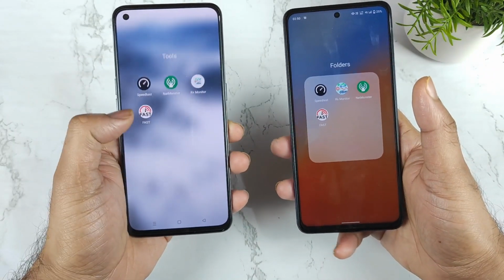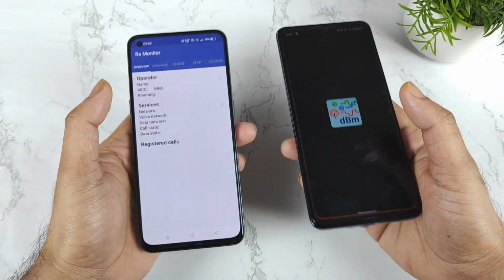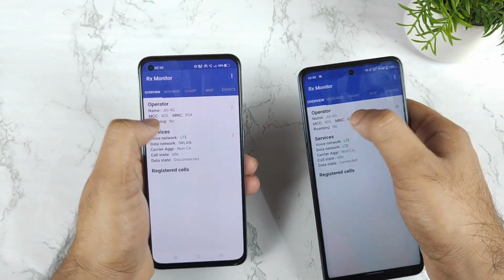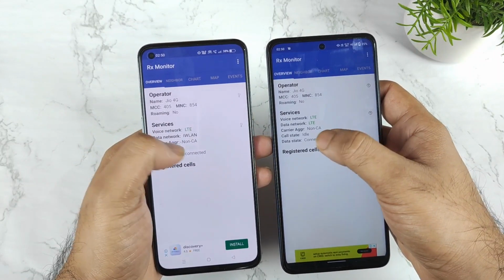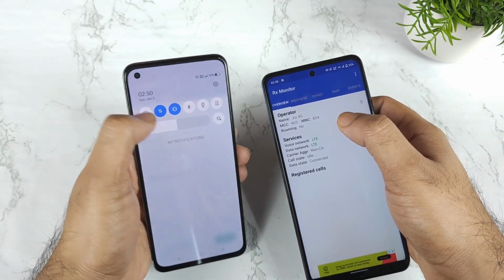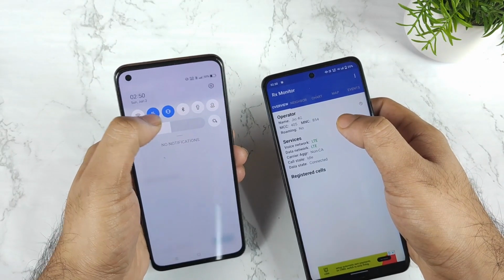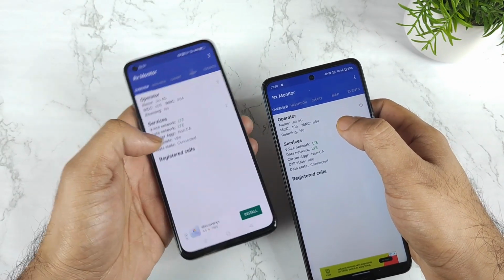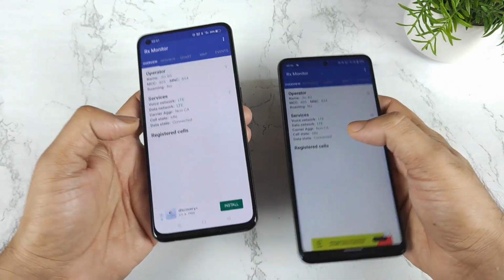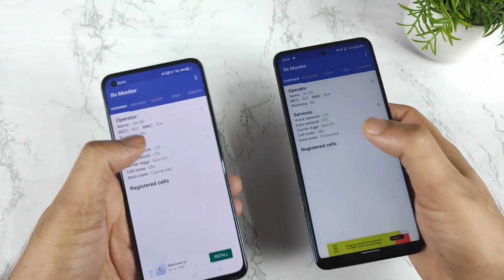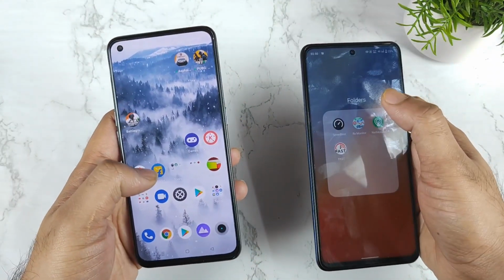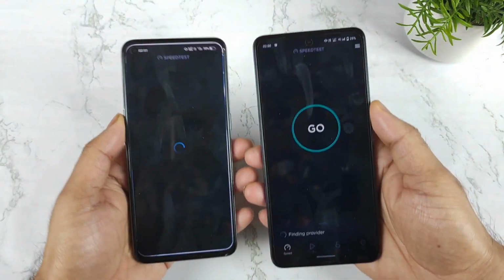This is a complete indoor situation where I'm doing the testing right now, and on both phones I'm using a Jio SIM card, as you can clearly see. Right now I'm not getting any kind of carrier aggregation. Maybe while doing the test I might get it. Let me enable mobile data. Don't worry friends, while doing the test we might see some 4G plus signs on the top. Now let me open the speed test application.